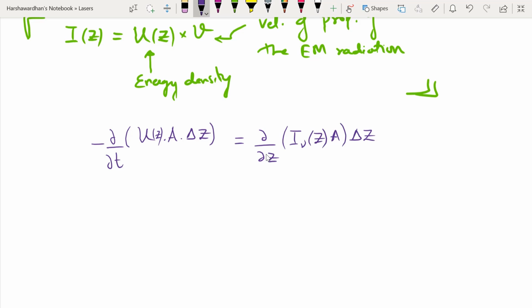Now note in all this that my A is a constant. The delta Z is small, but it is a constant. It doesn't vary with time. So I can rewrite my U as simply I by C. That would mean the relationship I get, I can rewrite this as minus dou by dou T, I by C, which is I at Z,